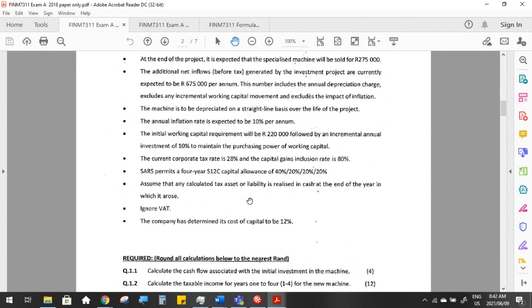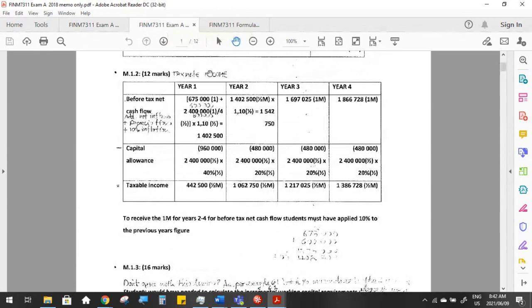And we know over here that inflation is going to be, where did they give it to us? So you would have highlighted this so that you don't have to waste time looking for it again. Here, 10% per annum, okay? So currently cash flows are 675, that means at year 0, and there is expected to be 10% per annum inflation in the future. Okay, so year 1 cash flow,